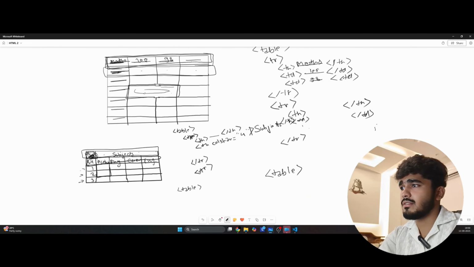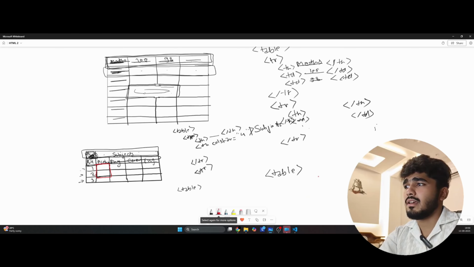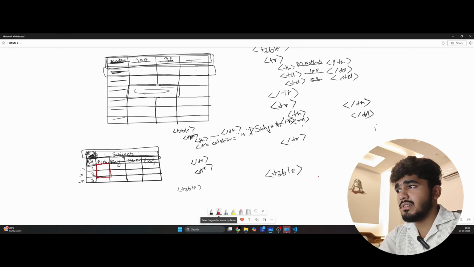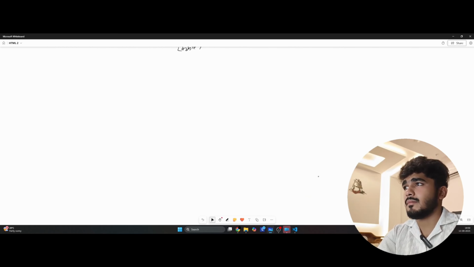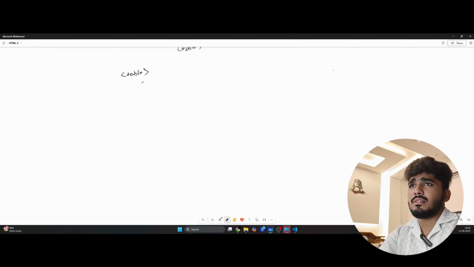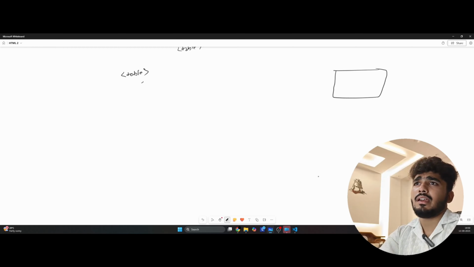these 2 cells. I'll use a different color to tell you. If we want to merge these 2 cells, you can see these are different cells of different rows. Then we will use the property row span. Firstly we will put the table tag here, and we can suppose we are making a table like this, and